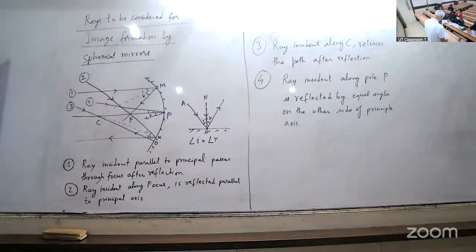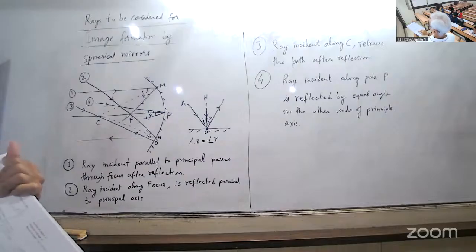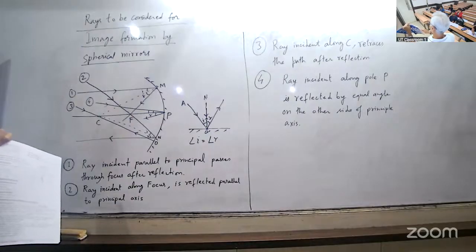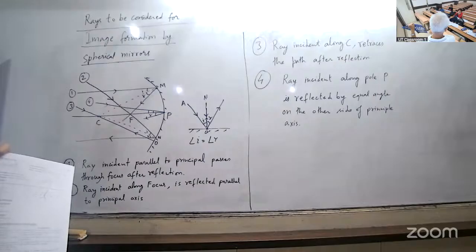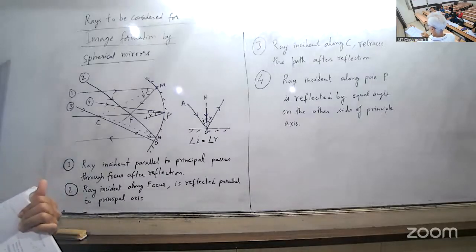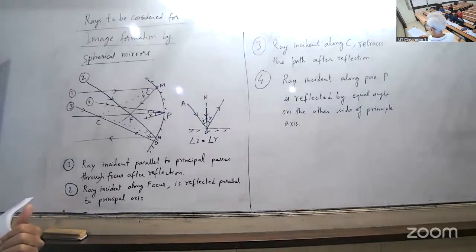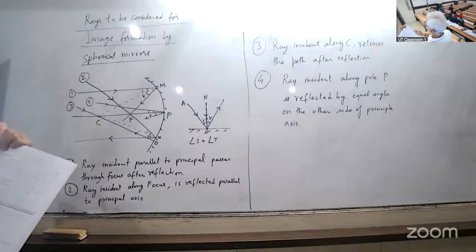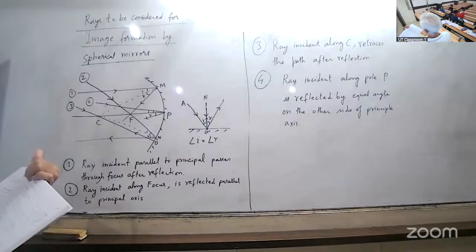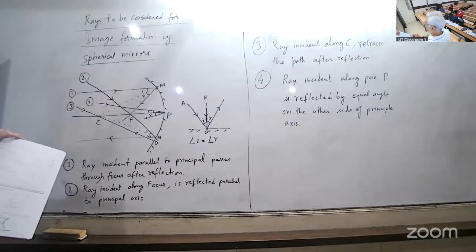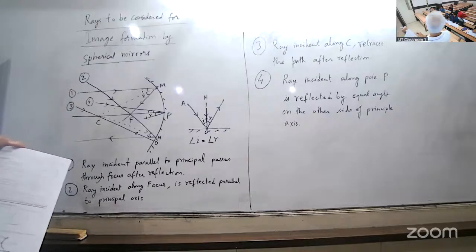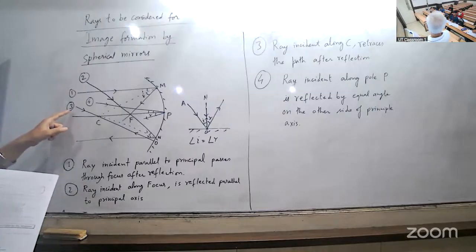अभी ये तुम्हारे को ये चार अलग अलग डायग्राम बना के समझाया है तुम्हारे वॉल्यूम में। मैंने एक ही डायग्राम में चारों रेज ली। ये देखो, पहला वाला रे कौन सा है? पहला वाला रे है रे इंसिडेंट पैरेलल टू प्रिंसिपल एक्सिस। तो रिफ्लेक्शन के बाद कहाँ जाता है? फोकस। ठीक है। पैरेलल टू प्रिंसिपल एक्सिस, रिफ्लेक्शन के बाद फोकस से जाता है। दूसरा वाला क्या है? क्या दिया है रेज? हाँ, ये कन्वीनियंट रेज फॉर द कंस्ट्रक्शन ऑफ इमेज बाय रे डायग्राम, ये दिया पेज नंबर 105 पे। ठीक है। तो सबसे पहला रे इसमें क्या दिया? रे अलोंग सी।